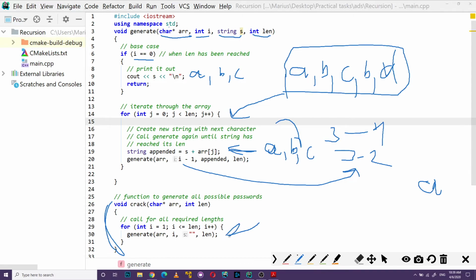Like we pass our array A, B, and C, for example, and array length and index. First time we pass,